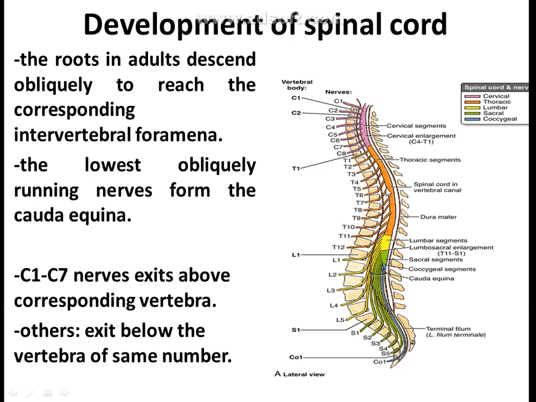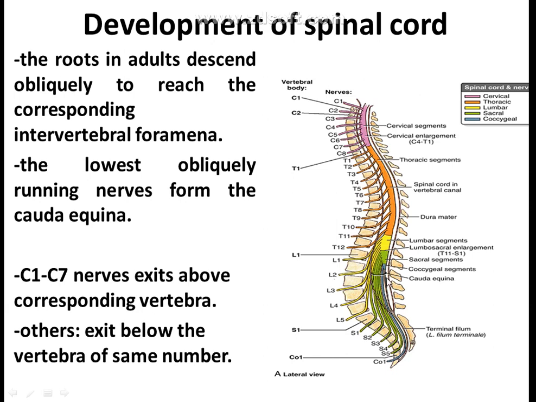But at adulthood, the T7 segment is higher than the T7 vertebra, and so the spinal nerve must descend down to reach the corresponding intervertebral foramina and get out. And the obliquity, such a descent of the spinal nerve, increases more sharply as you go downward, till reaching the lower segments of the spinal cord. Here you will find that the spinal nerve must run very obliquely downward to reach the corresponding number of intervertebral foramina, and thus